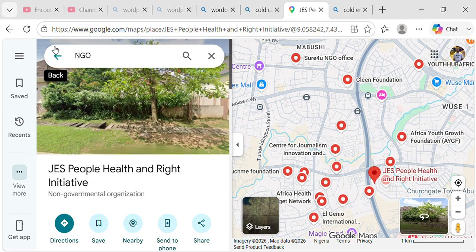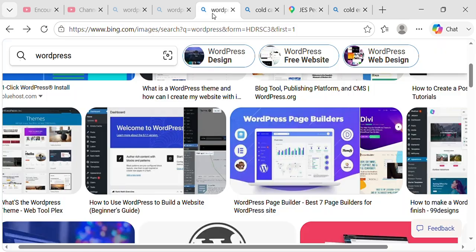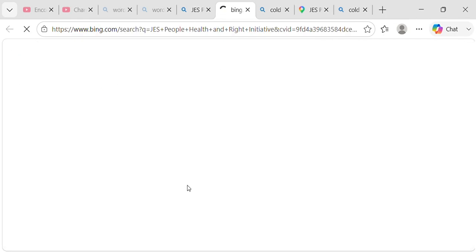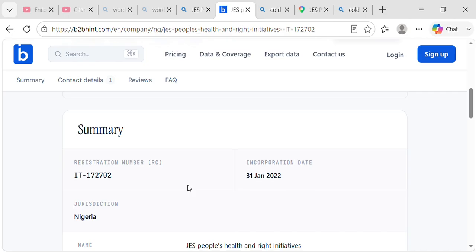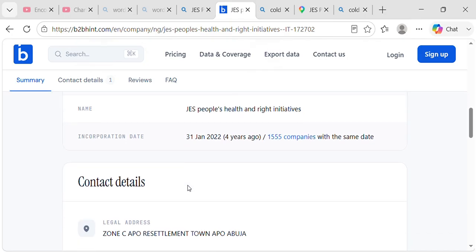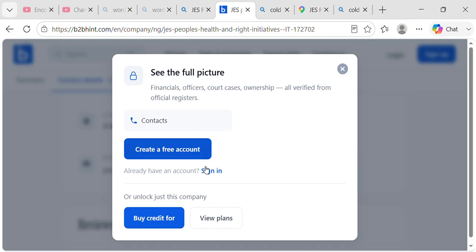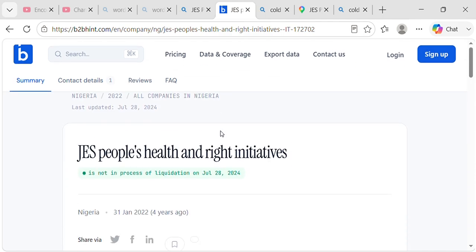So because they don't, sometimes what you can do is copy these details, go on Google, and type them, and most times you can see information concerning them. Sometimes you can see their official emails, and then you can send a mail to this kind of people. You see contact details, you see their emails. Here you see their contact information and all of that. So that's just it. All you need to do is, once you get their contact details, you go to your mailbox and you send randomly.